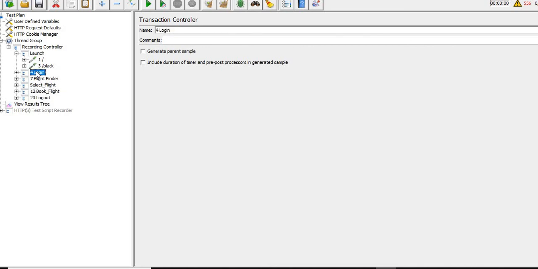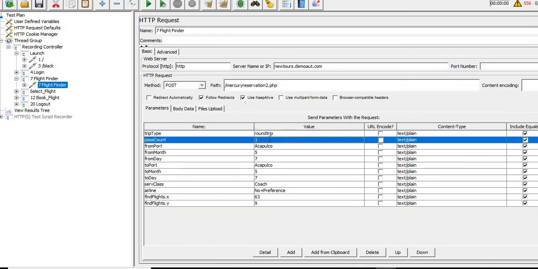Okay, so we need to work on this particular value, pass count. We need to play with this value, how we can modify it as per our requirement in the ordinal. If we want to select any specific value from the drop down or any random value, or we want to fetch all the values in that drop down and pass whatever we want. For that, first of all we need to perform correlation for this value. This value is coming from the login part.